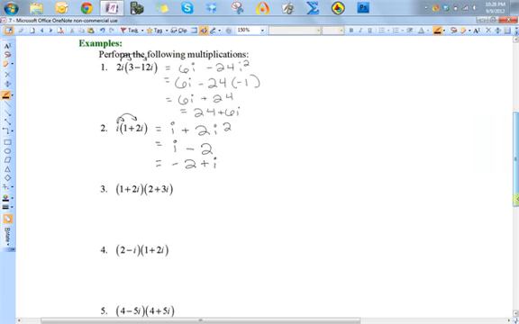Okay. Now it gets a little more complicated when you have two complex numbers that have both real and imaginary parts. Now you just multiply these as if you would multiply two binomials. You can use either FOIL or you can use the box method. Some students prefer the box method because it's a little more visual. I'll do this first one using that method. So what you do is you draw a box